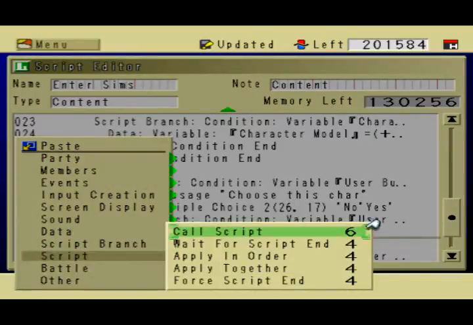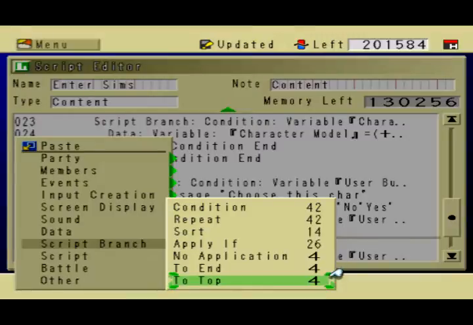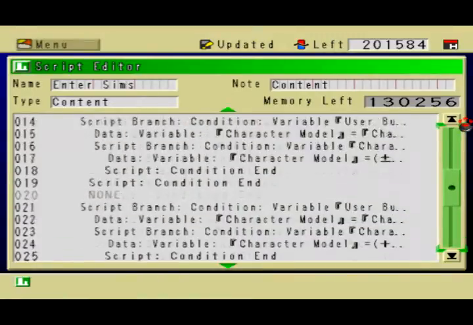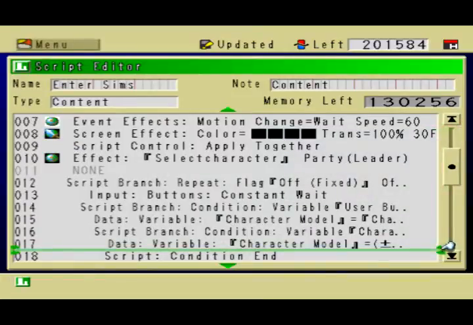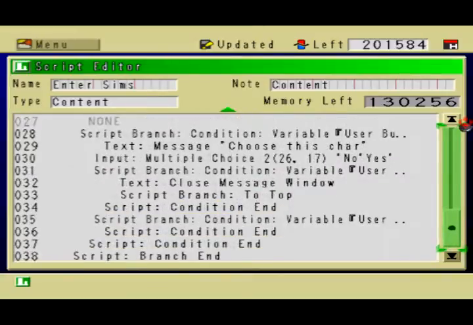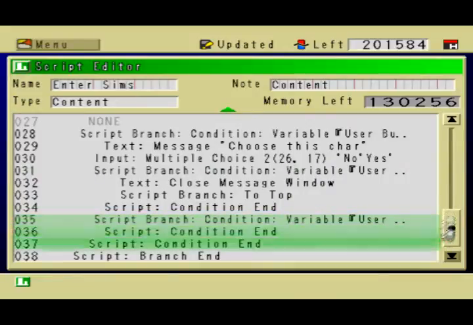And then script, script branch to top. And what that does is it takes them back up to the repeating branch up here, right here, which is pretty handy. So that's about it. This is when they select no. We're done with that. Now, if they select yes,